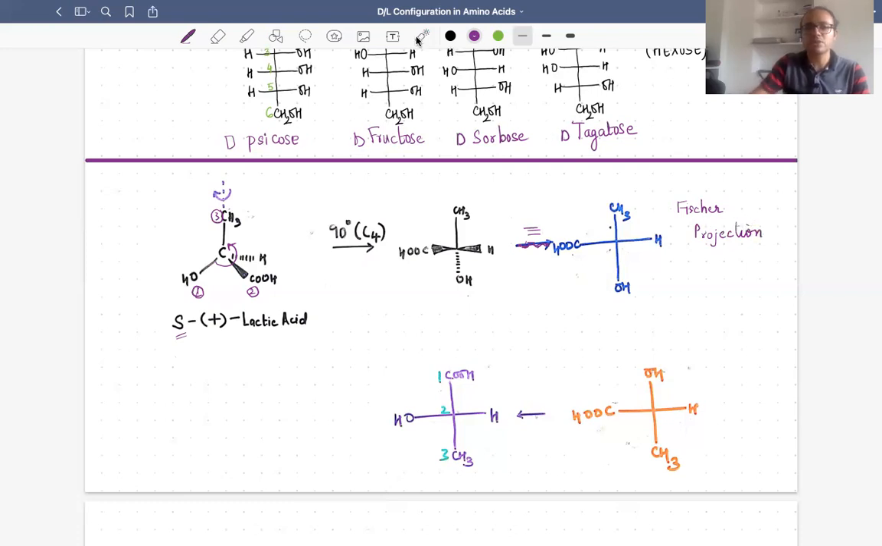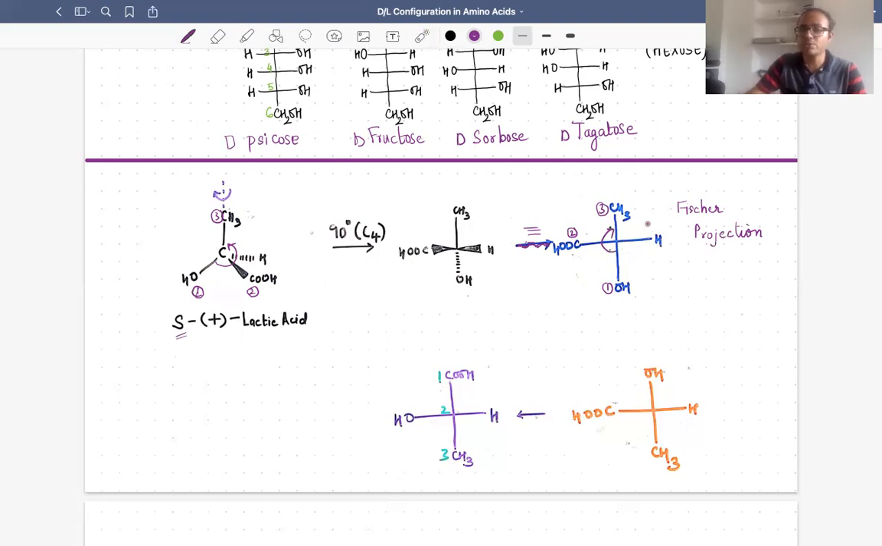Okay. So when you see the Fischer projection formula, you can check whether this is correct or not. Since you assign the priorities, let me assign the priorities again here. On the Fischer projection formula, this is 1, this is 2, and this is third priority. So when you move from 1 to 2 to 3, it looks clockwise. So it looks like an R configuration, but you know that since the lowest priority group, that is your hydrogen,